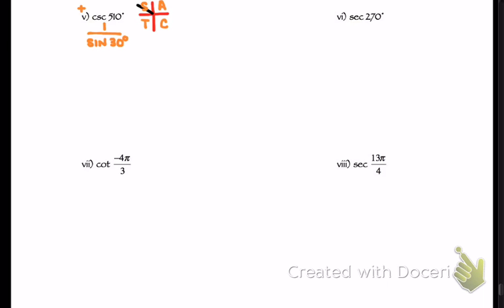So from here, well, I know that the sine of 30 degrees is 1/2. So 1 divided by 1/2. Think about what that says. Instead of 1 divided by 1/2, I'm going to multiply both sides by the reciprocal to get 2 over 1. So I know that this answer is positive 2. I want to show you, though,